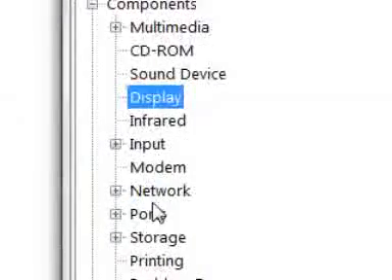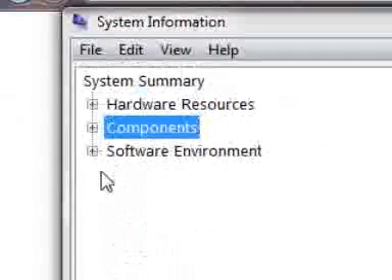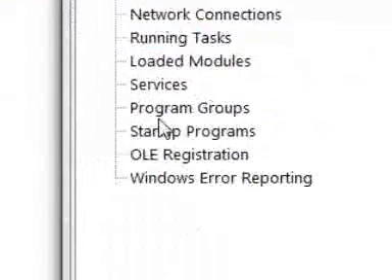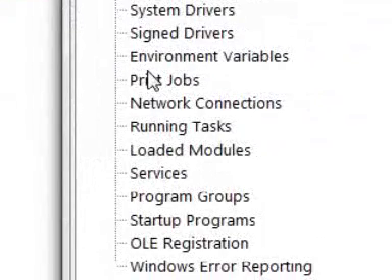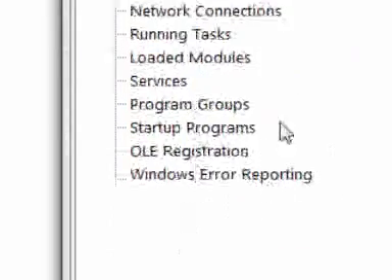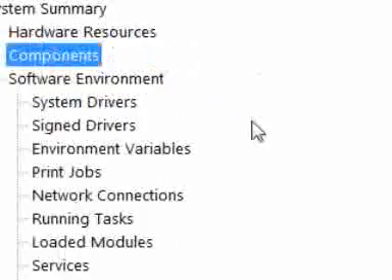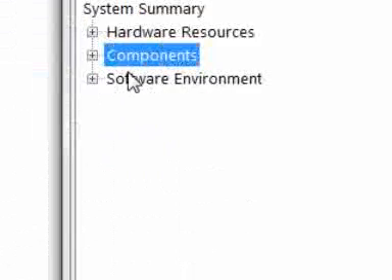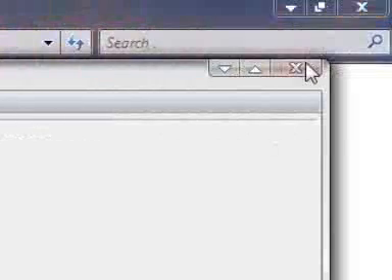If I close up that and go on to software environment, you can look at all your software that you've installed and already had on your computer. I don't really mess with this much, but that's just one of them. If I close that and go over to here and close this,